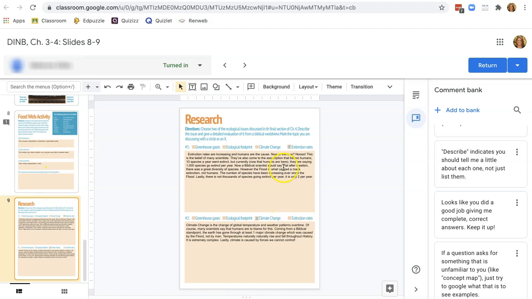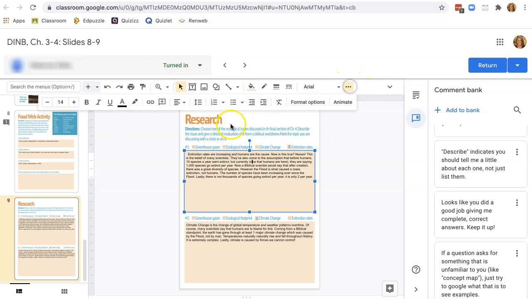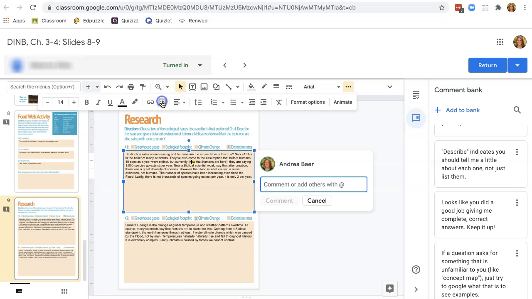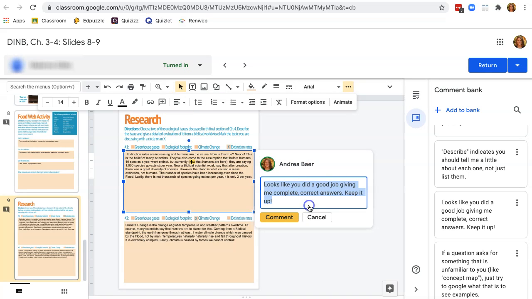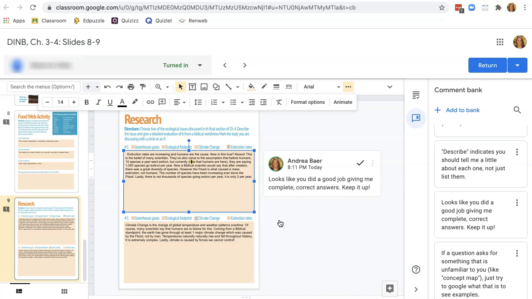So for instance, on this last slide, let's say I read through and this was actually a really good answer and I want to give some positive feedback. I could go to the More menu and click on Add Comment, and I could start typing a comment that I know is in the comment bank. It's suggesting it to me, and if I click on it, it'll autofill from the comment bank, and I could choose to